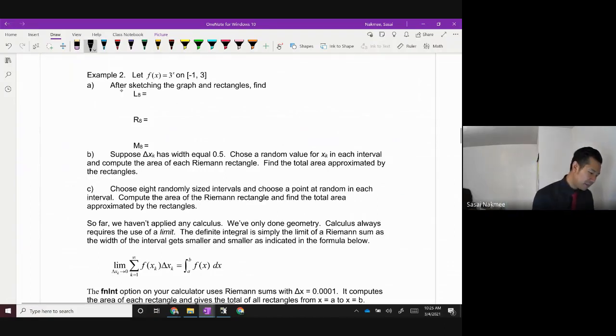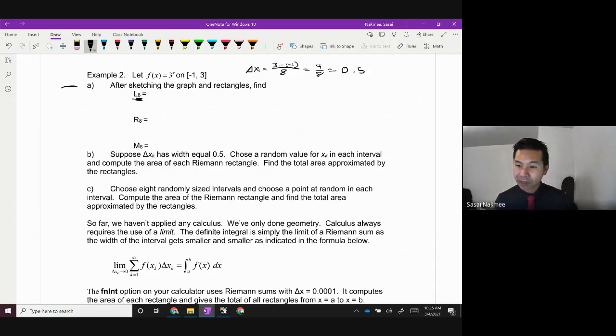Answer part A, okay? So get your L, and you're going to be using 8 rectangles. So for your 8 rectangles, let's just practice here. What should your delta x be? Your delta x is not going to be 0.5 for this one up here. Up here, your delta x is going to be equal to 3 minus -1 over however many rectangles. In this case, we want 8 rectangles. So that's going to be 3 minus -1, which is 4 over 8, which comes out to 1/2. Oh, it does come out to 0.5. So your delta x is still going to be 0.5 for these ones. So you guys can do that one later. And then choose your randomly 8-sized intervals. Give me the total area for that one.